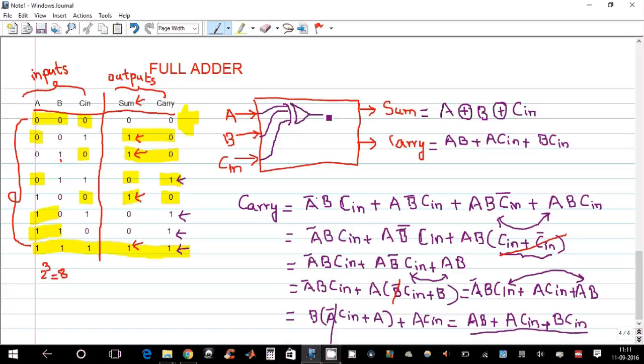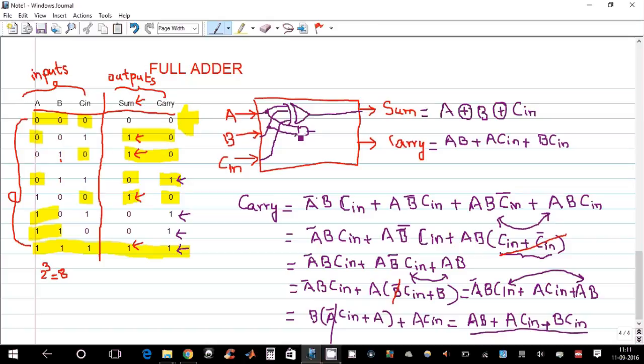So we require a 3 input XOR gate to generate the sum value, and to generate the carry value we require 3 AND gates: one AND gate for ANDing a and b, one AND gate for ANDing a and c, one AND gate for ANDing b and c, and one 3 input OR gate for the ORing operation. So firstly I require